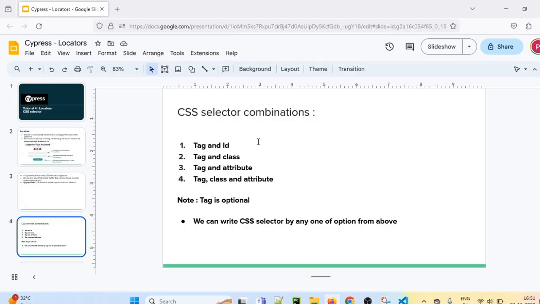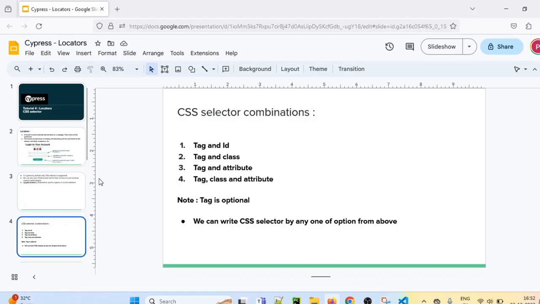These are the four types of CSS selector combinations we can use for locating a web element. Please also note that the tag is optional. We can use only ID, only class, only attribute, or a class and attribute combination. If you provide the tag, that is fine, and if you don't provide the tag value, that is also fine.